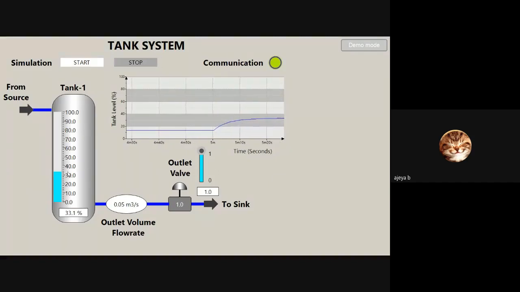By opening and closing the valve, I'm restricting the outlet flow. If I open it completely, the outlet flow is high, that is 0.06 initially, and then comes back to 0.05. If I start closing the valve, the outlet flow rate reduces and the level increases.